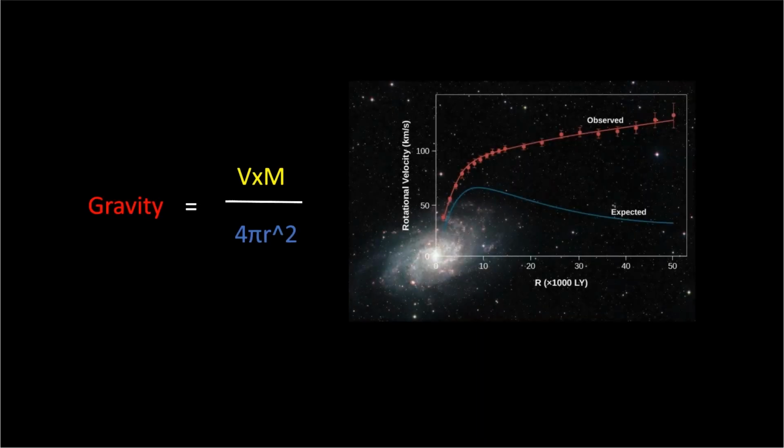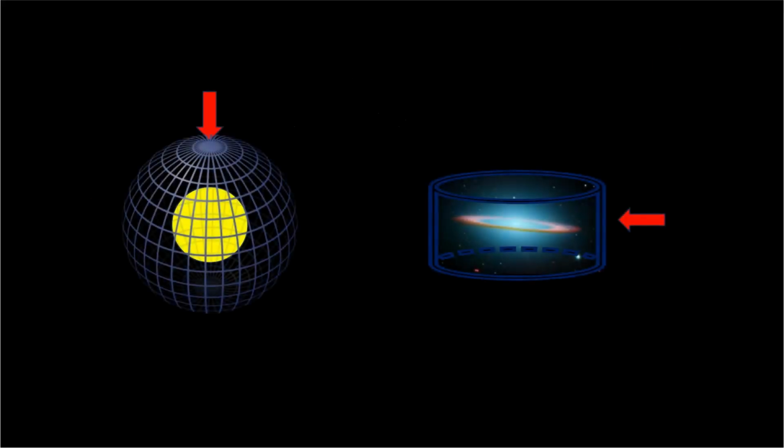When we try and calculate the force of gravity around a galaxy, we would expect that the force of gravity decreases the further away from that galaxy. But we don't see that. When we observe a galaxy, we see the force of gravity is much greater. If we know the force of gravity is equal to the mass divided by the surface area, and we're using the surface area of a sphere, when the galaxy is actually not in the shape of a sphere,